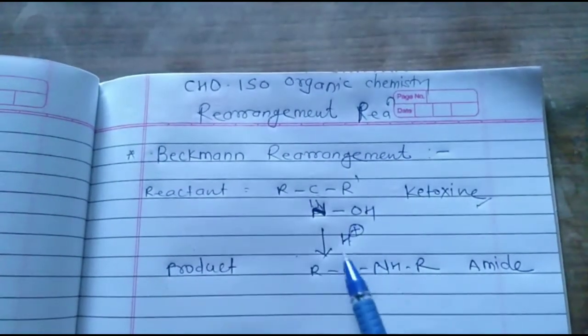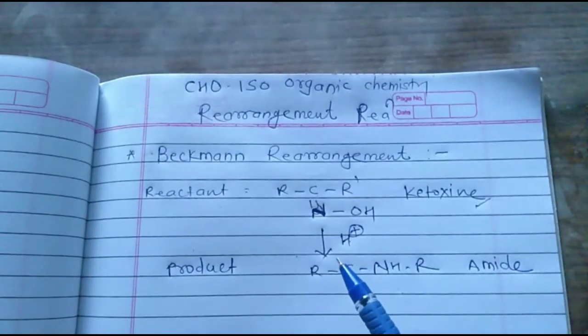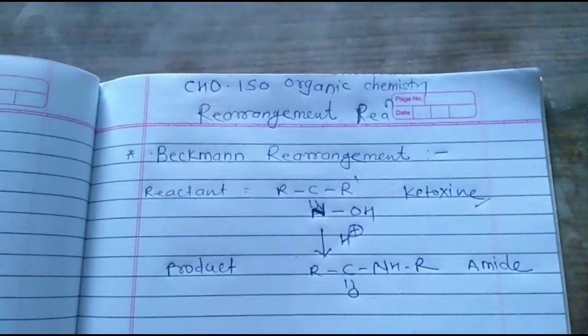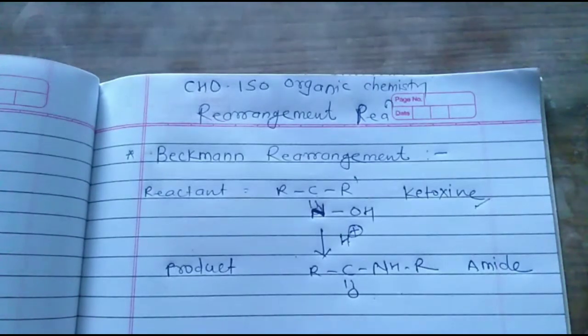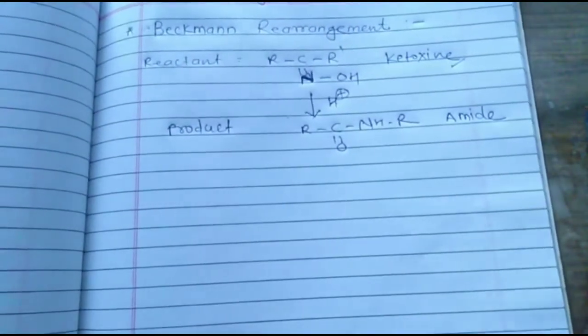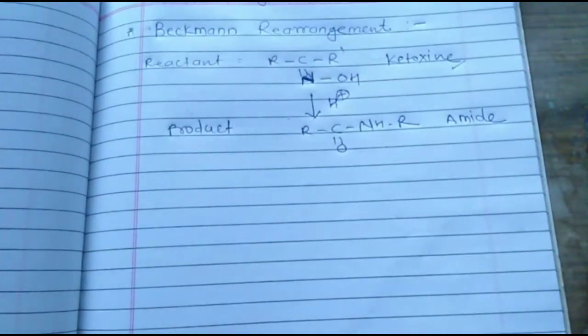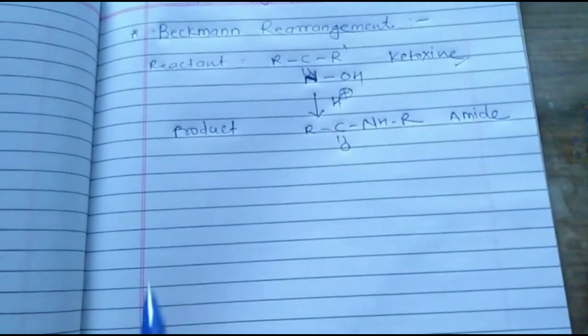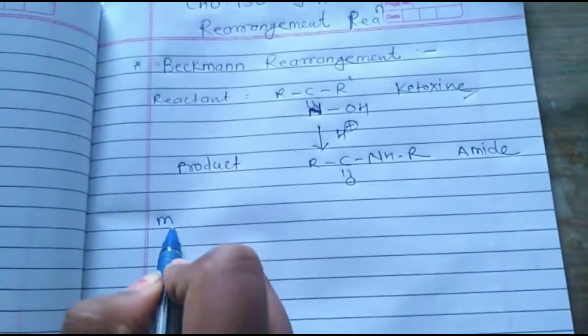This is an acid catalyzed reaction. Here we can take different types of acids, that is protic acid, Lewis acid, acid anhydride, acyl halide, etc. Also, the protic acids H2SO4, HCl, H3PO4 catalyze by simply protonating the oximes. So let's learn the mechanism of the conversion of ketoxime to the amide.